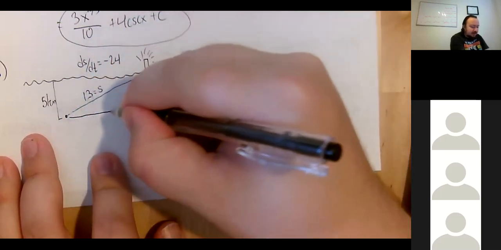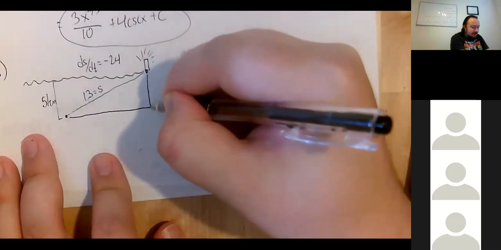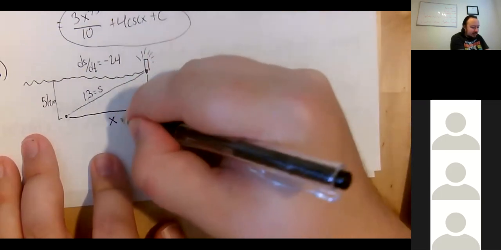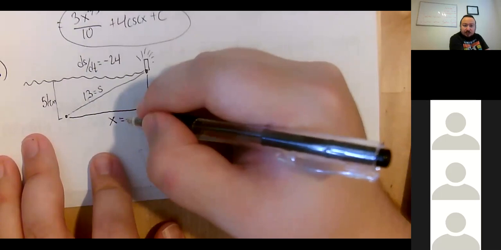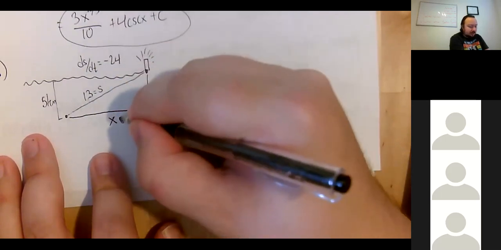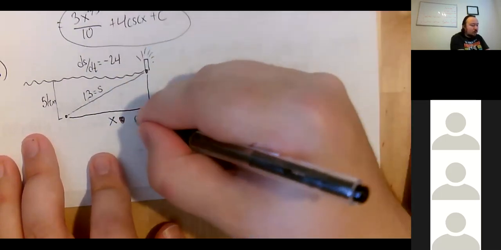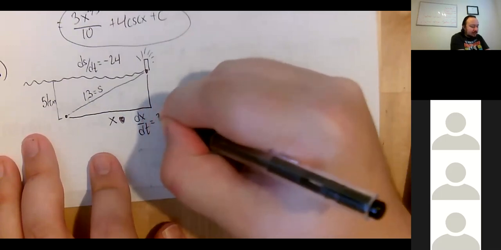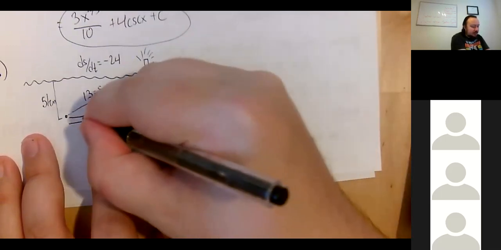And finally, we can call this distance x, and we know, well, actually, we don't know what x is. They didn't tell us anything about that. What we want to know is dx dt. So the sub's moving just